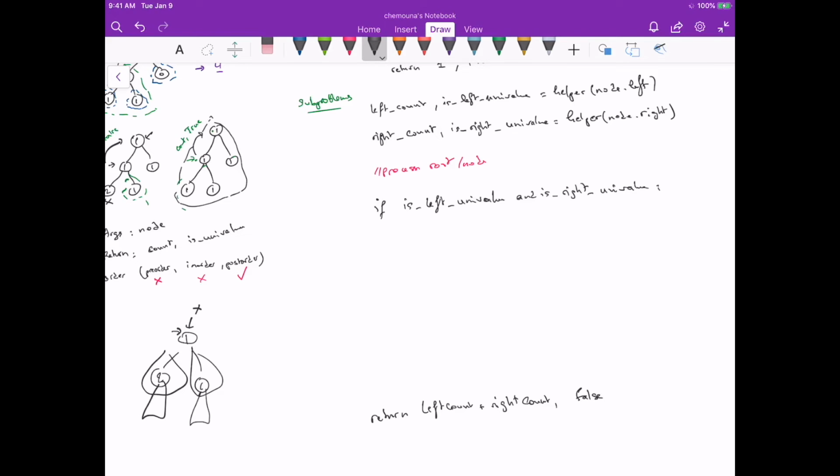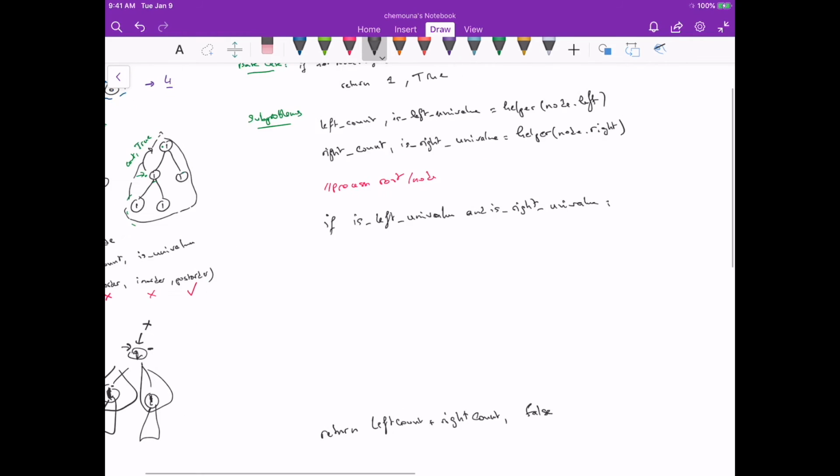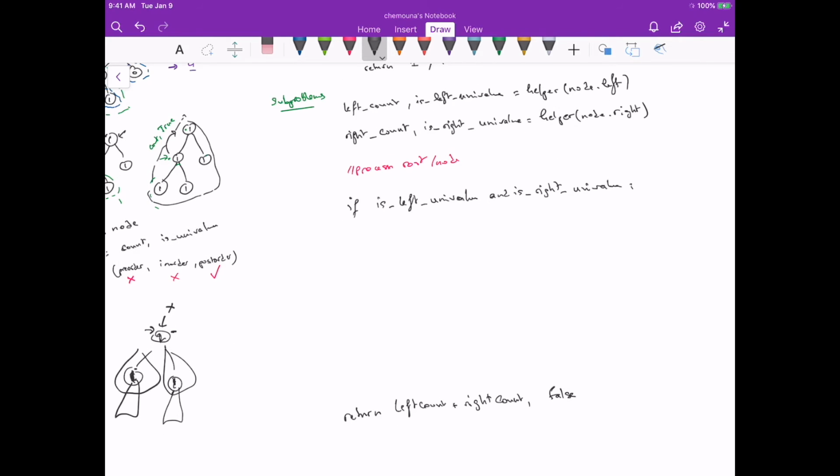Now, if both are univalue trees, so maybe one here and one here, then we should add 1, but only if this value is equal to both. If this was 2, then this is not a univalue tree, so we need to check that. And so we need to make sure, so here we check if there is even a node.left, which means